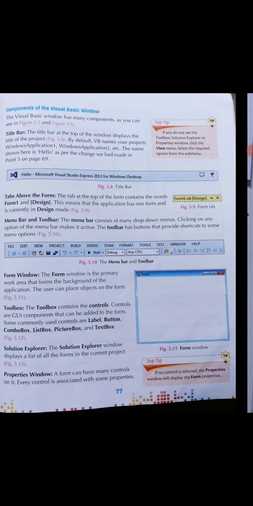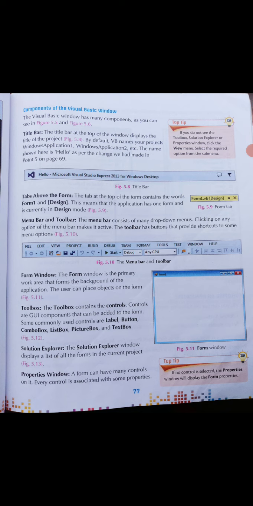So today students, we will move to another topic, that is the components of Visual Basic window. When I am talking about components, what do you mean by the word components? Components means the main elements of your Visual Basic. Without these elements, Visual Basic is not going to operate on your screen. These are the elements, or the tools, instruments or controls of your VB window.